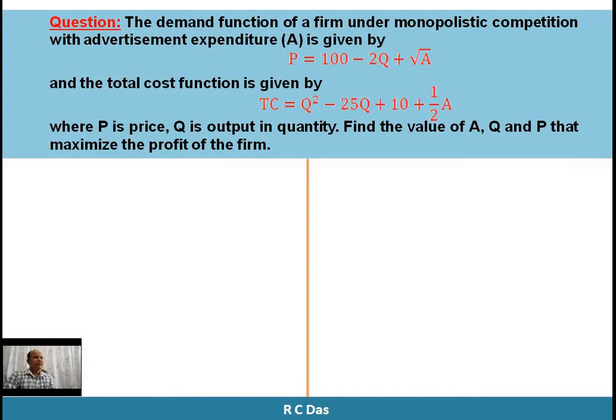Let us take an example of a profit maximization problem with advertisement expenditure. Question: the demand function of a firm under monopolistic competition with advertisement expenditure A is given by P equal to 100 minus twice Q plus root over A. The total cost function is given by TC equal to Q square minus 25Q plus 10 plus half root over A,